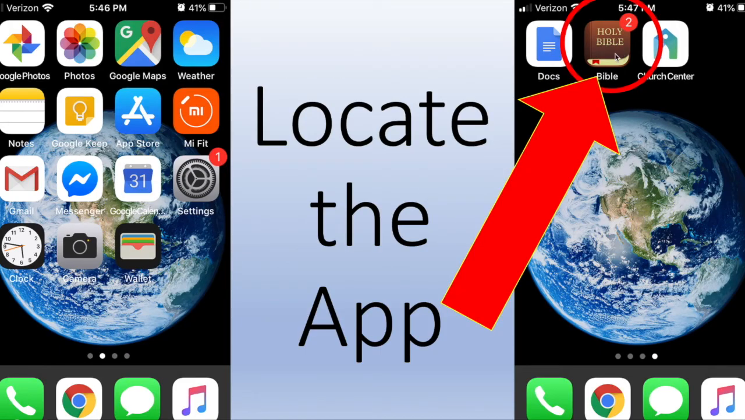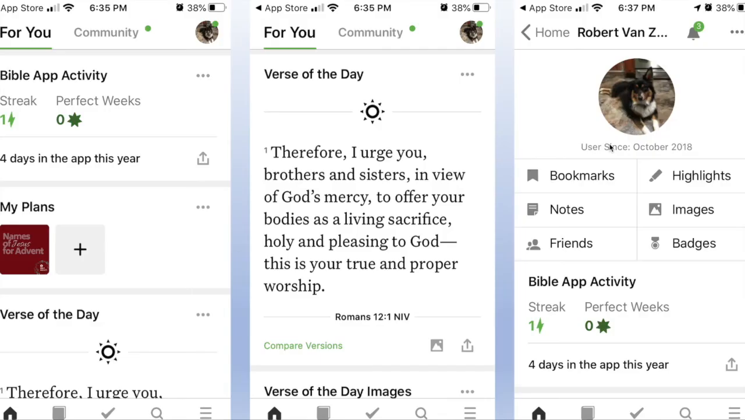You can see it here. I've got a couple of notifications, which is that little red spot. And this on the left is what your original first screen will look like. I created this at the beginning of the year, so it says 4 days in the app this year. Again, it's cut off at the bottom, but there's a home, a read, plans, search, and more down at the bottom. There's always a verse of the day, and this is something we're really encouraging you to consider